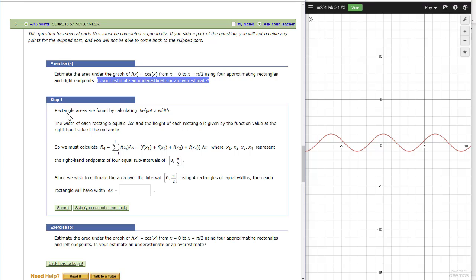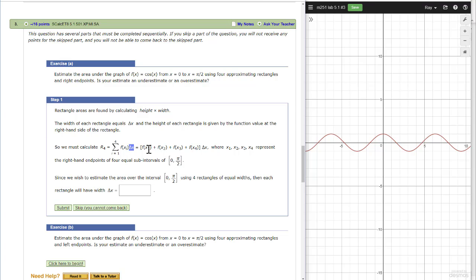All right, so the rectangles are found by calculating the height, the width, the height times the width. The width of each rectangle, we're going to call it delta x, and the height of each rectangle is given by the function on the right-hand side of the rectangle. So we're going to add the function times delta x. Now this is going to be some even splitting, so